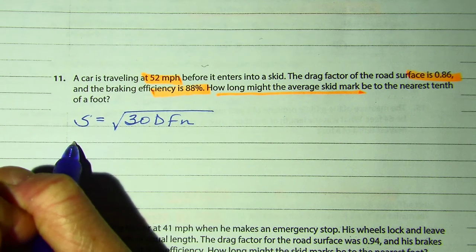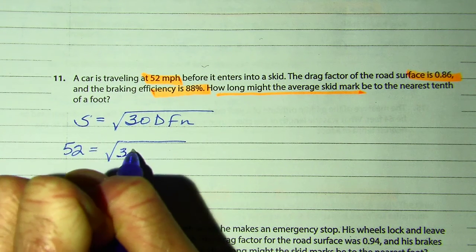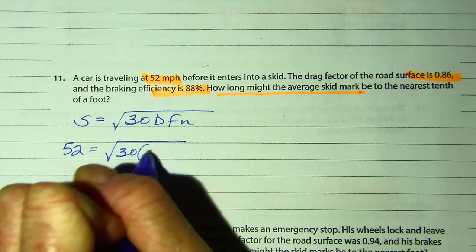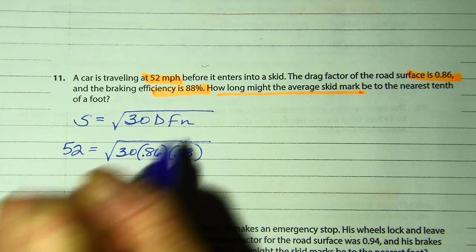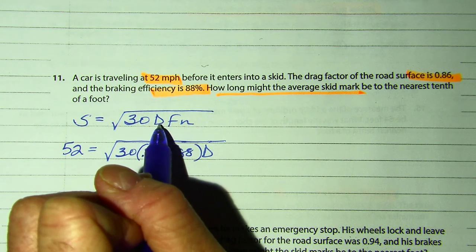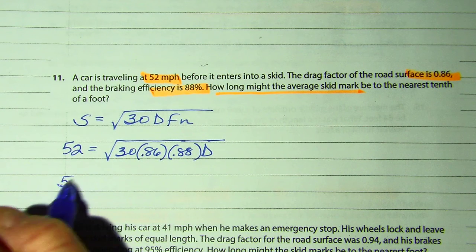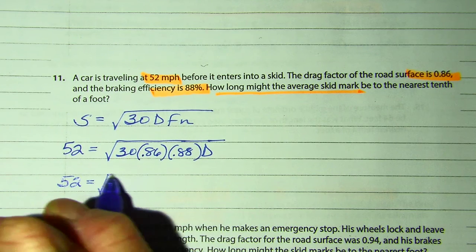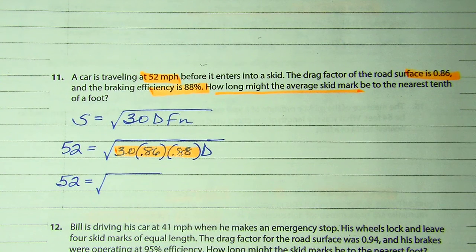They already told me the speed the car was traveling. I'm just plugging in what they've told me so far. And so I'm missing D. D is my skid distance. They gave me F and N. So I'm going to enter this in my calculator. And by enter this, I mean the numbers that I have. I'm going to enter. And I get